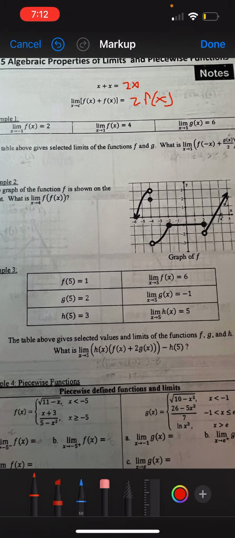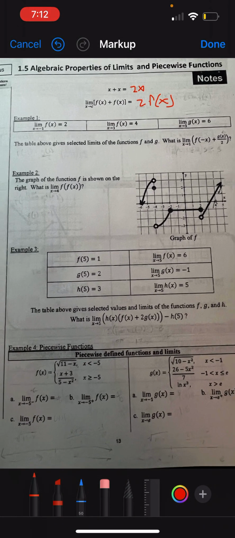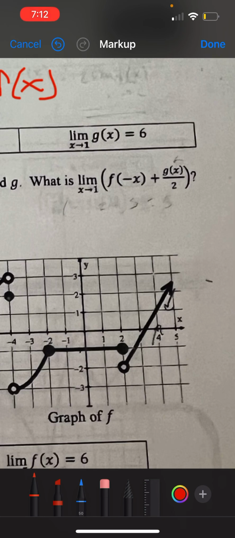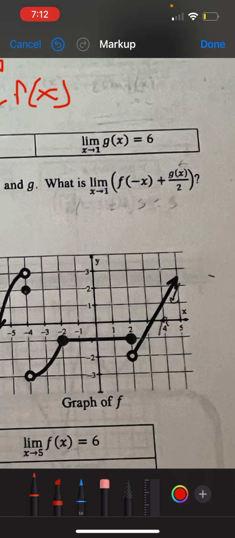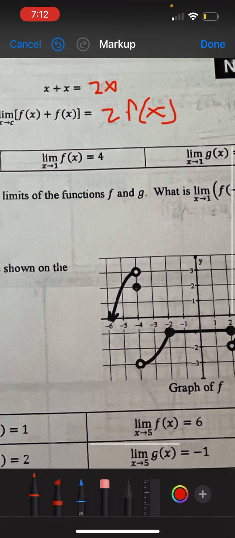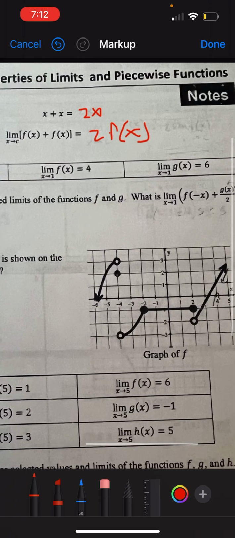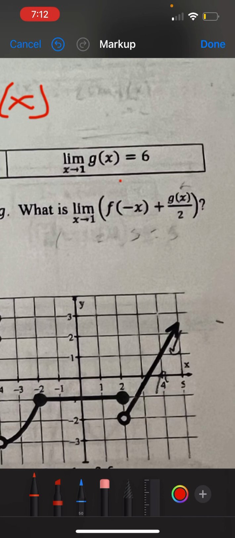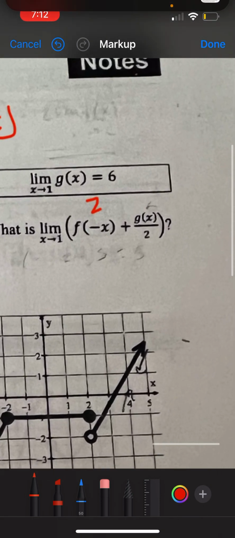So to start, this is example 1. The table above gives selected limits of the functions f and g. What is the limit as x approaches 1 of f of negative x plus g of x over 2? So as x approaches 1, this first one is equal to 2, right? And then from there, we get this one from,